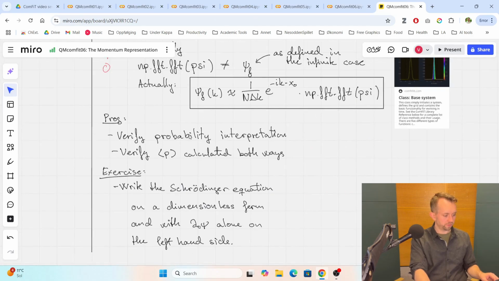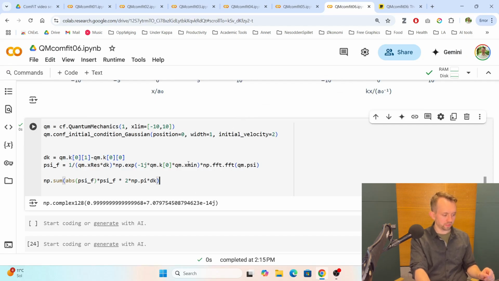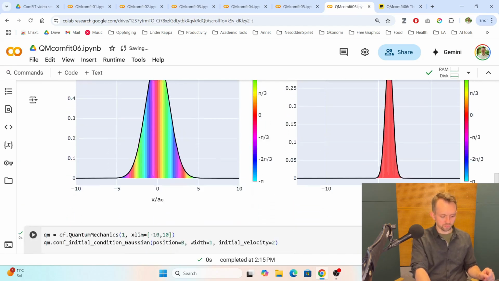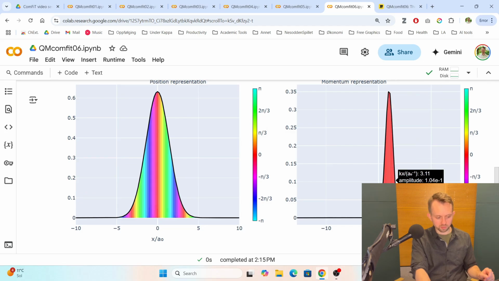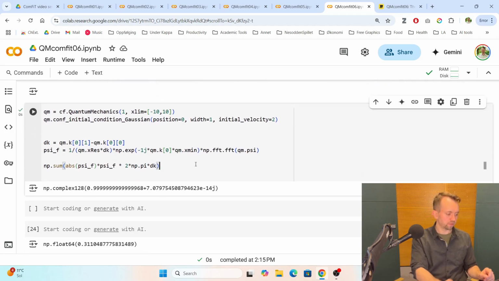So there's that. So that's the probability interpretation. Yes, another thing is that if we look at the function, we see that it has a momentum which is probably around 2, right? So the peak is at around 2. We can do